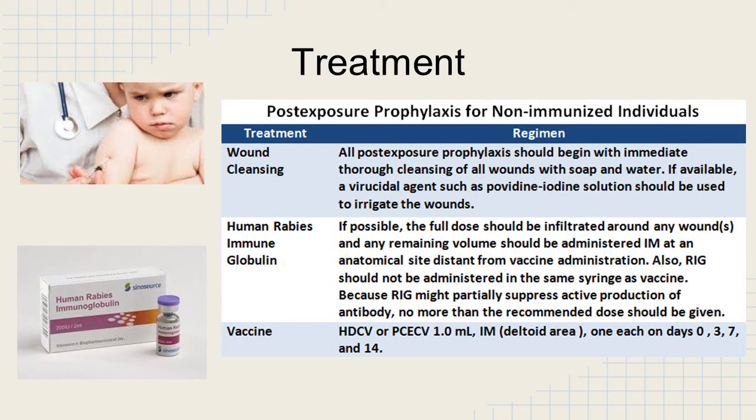Individuals who have been exposed to rabies virus and haven't been immunized are given human rabies immune globulin, which contains the passive antibodies to provide immediate systemic protection when they arrive for medical care. And then a patient's treatment is followed by 4 rounds of vaccinations of either HDCV or PCECV on days 0, 3, 7, and 14. And so the multiple rounds of vaccinations comes back to the need for the body to get enough antibodies in it to fight the virus.